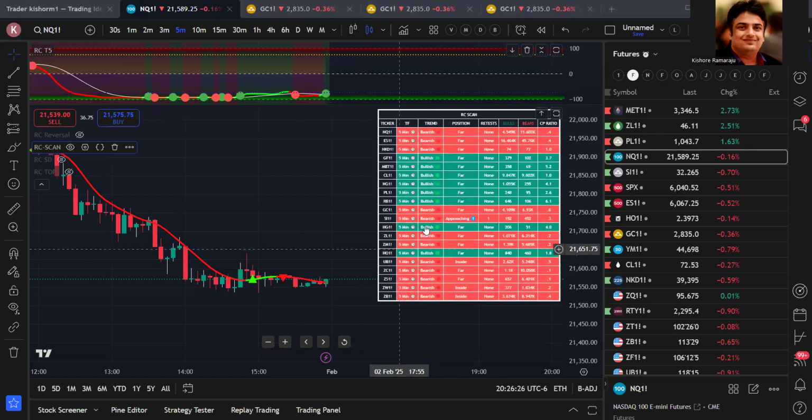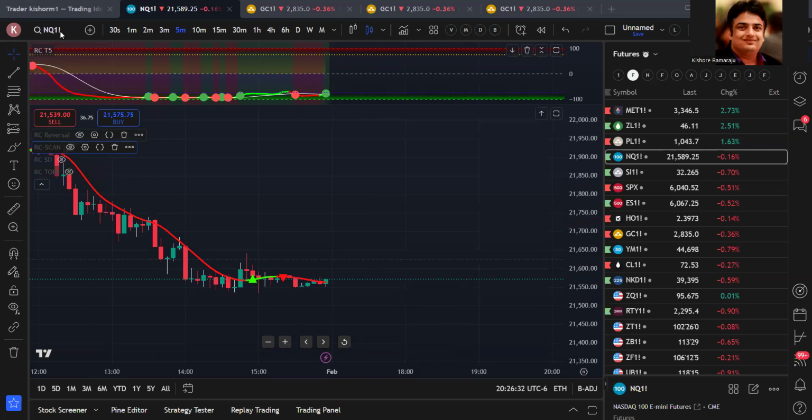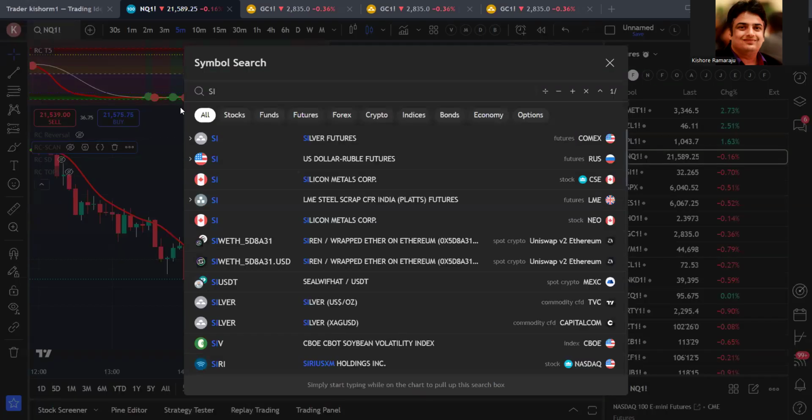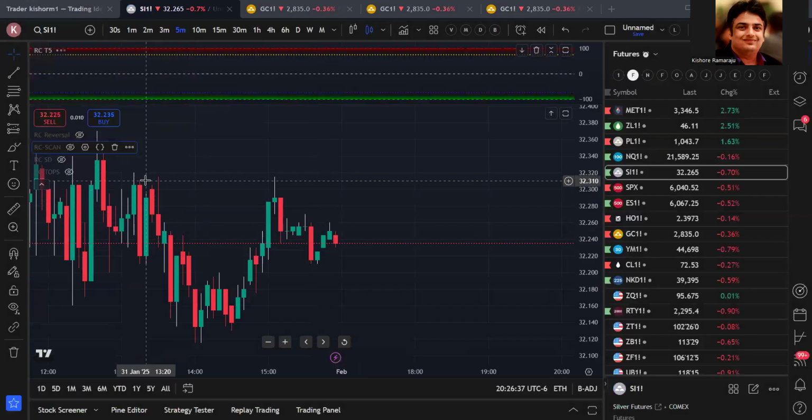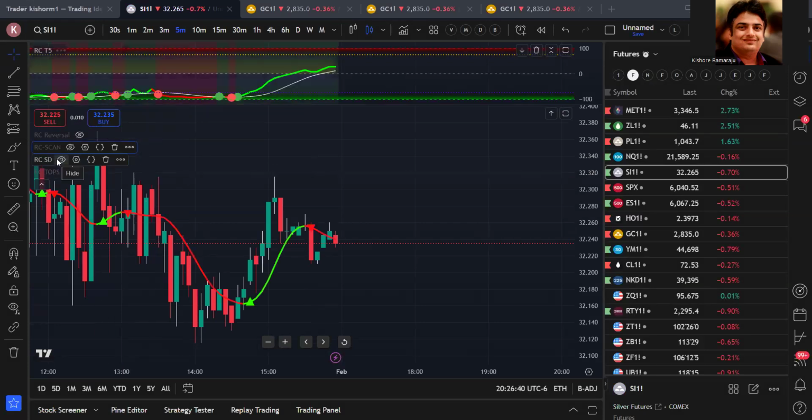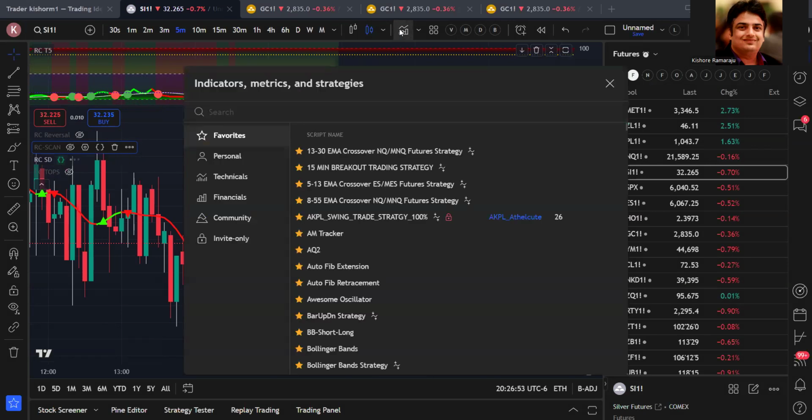So, for example, let us take silver. In 5 minutes, it is approaching. So I can go to silver, I can put silver. And if I look in, let us say, the scanner will make your job easy. So you know where you have your,